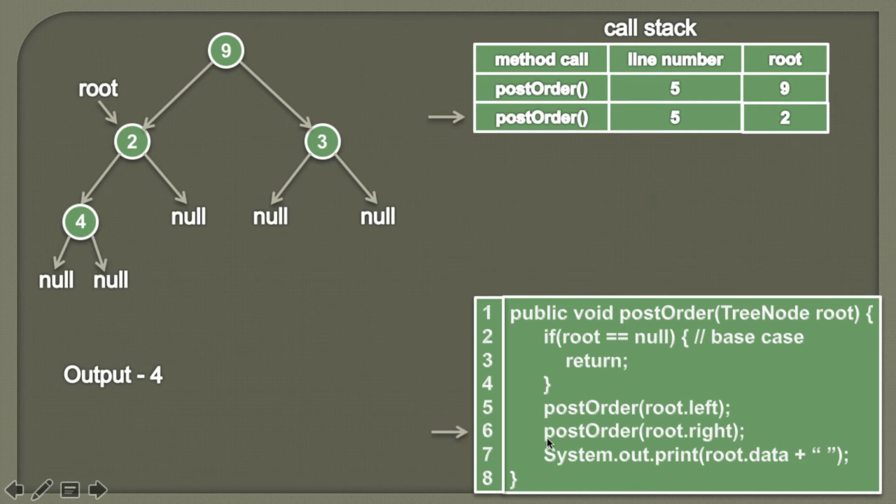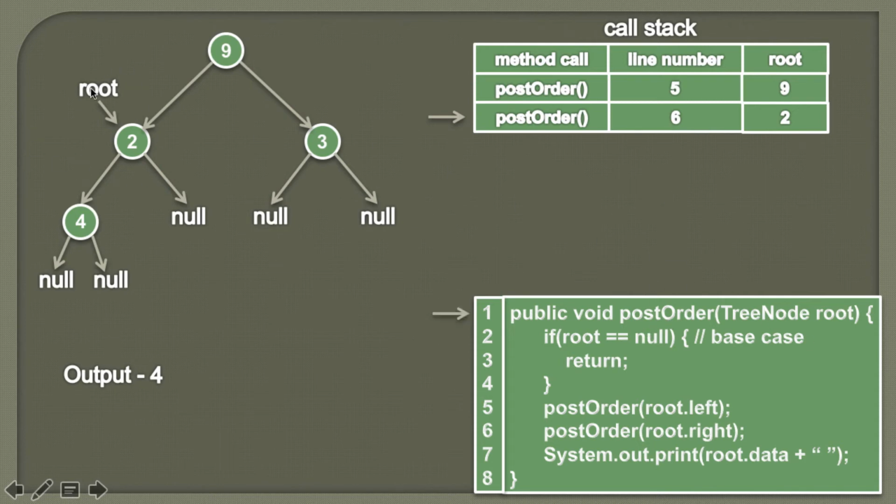So friends, in the line number 6, we are again calling the post order method and this time we are passing root.right to it. So here you can see root is pointing to node 2. So we'll pass root.right, which is null, to this post order method. So friends, here you can see we are calling this post order method again with the root as null because root.right is nothing but null value. And we also know that we are leaving this method, so we'll update the line number here. And we know that line number is 6. So now line number changes to 6.